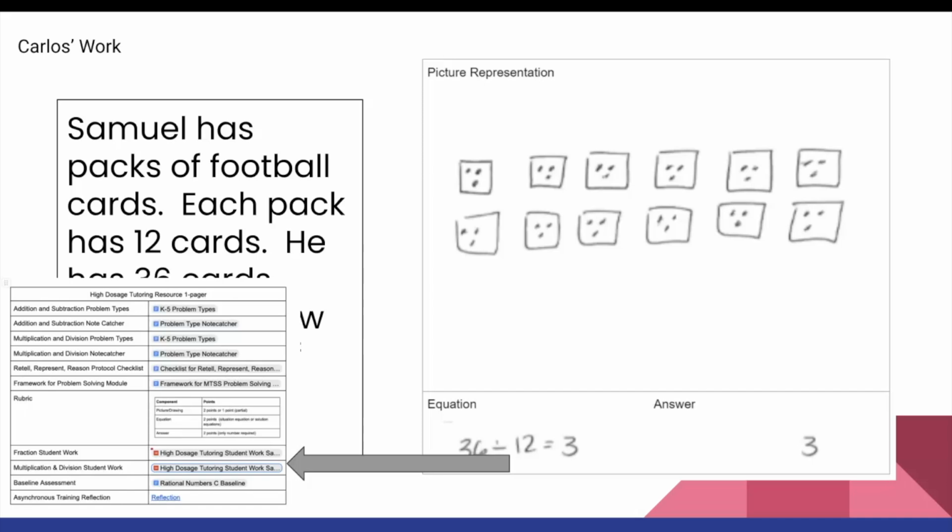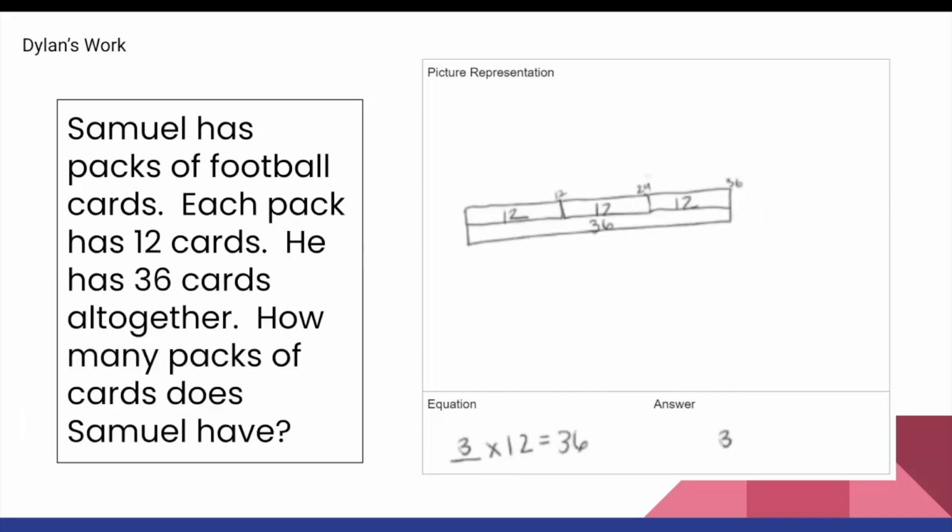Carlos's equation, 36 divided by 12 equals 3, would be awarded 2 points, and his answer of 3 would also be awarded 2 points. In thinking about Dylan's work,